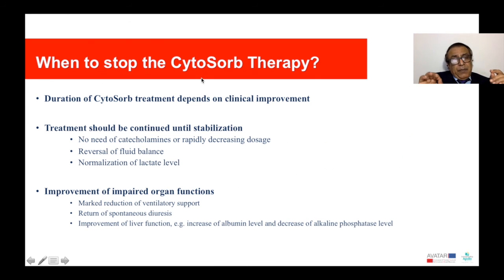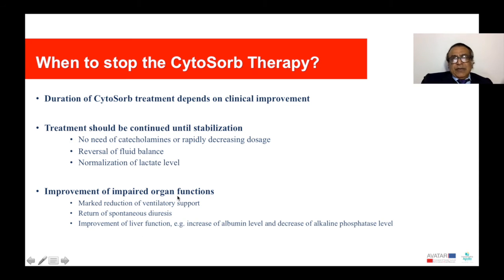Another important question: you have started cytokine therapy in the form of Cytosorb, so what is the end point? The treatment should be continued till stabilization is achieved. Once the catecholamine requirement starts decreasing, or there is a reversal of fluid balance, the patient is passing an adequate amount of urine, or there's normalization of lactate level,